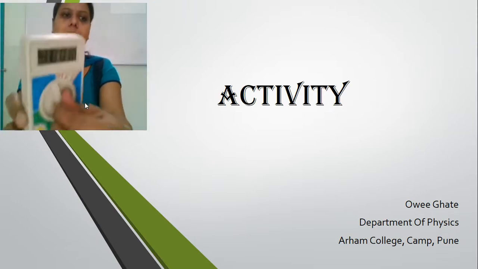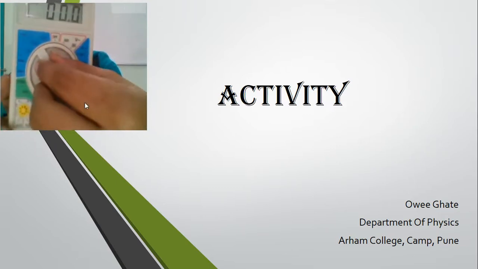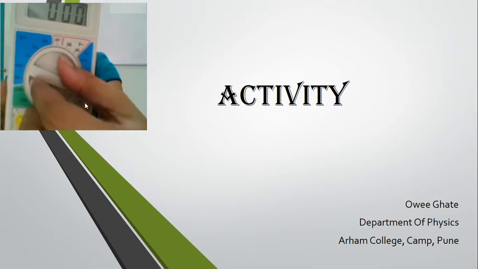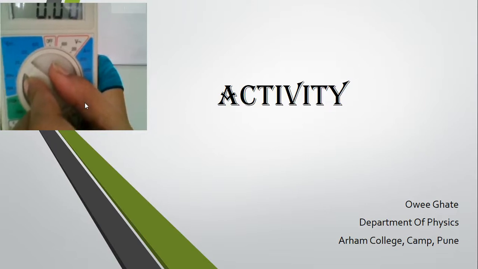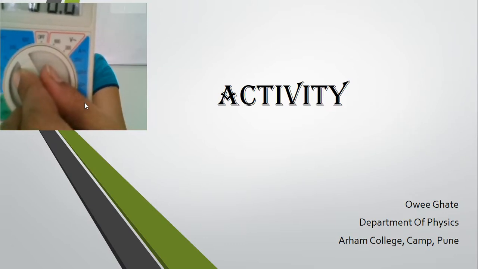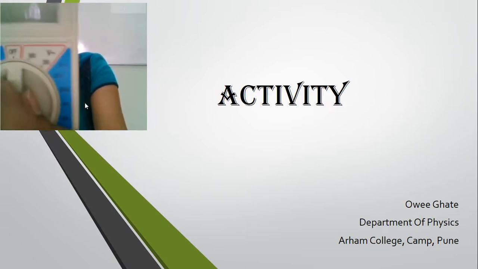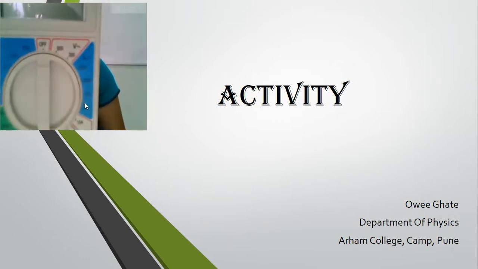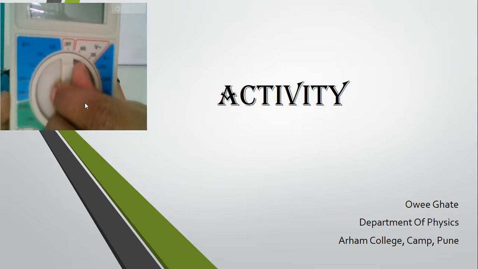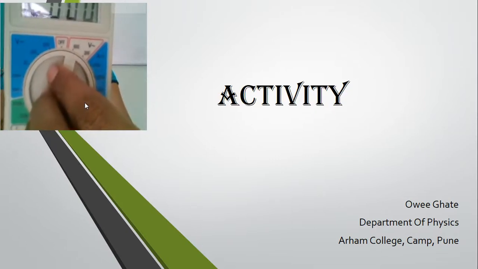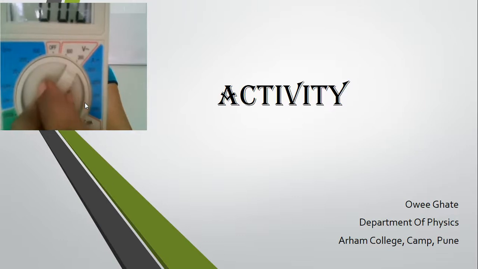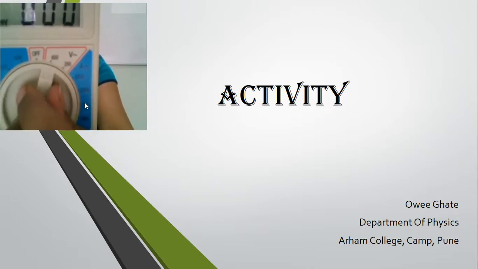As you can see, this is the regulator knob over here. We can rotate this like a fan regulator as per our requirement. Suppose I am in this position, this will be the off condition. If I move to this side, it will show the alternate voltage, 200 volt, then 500 volt, like this.